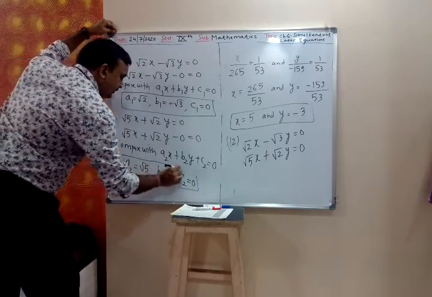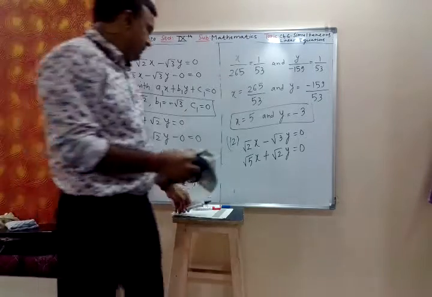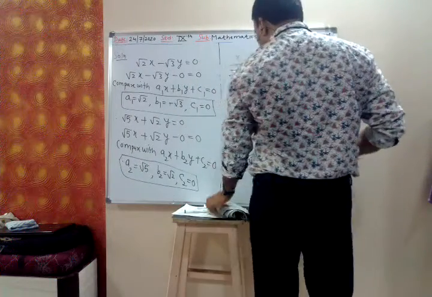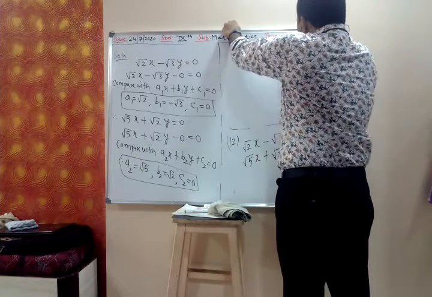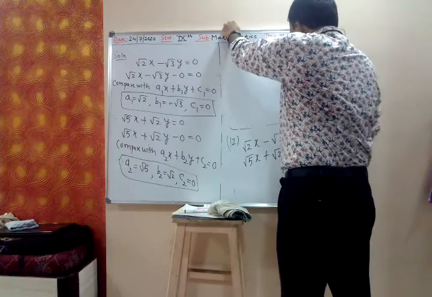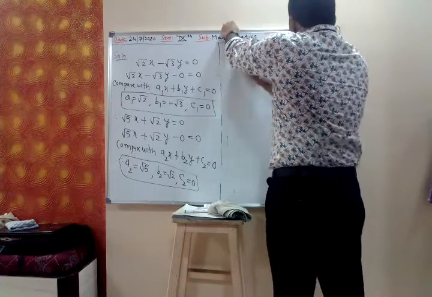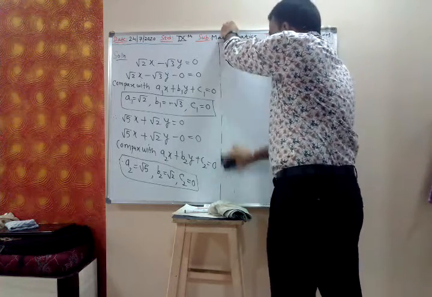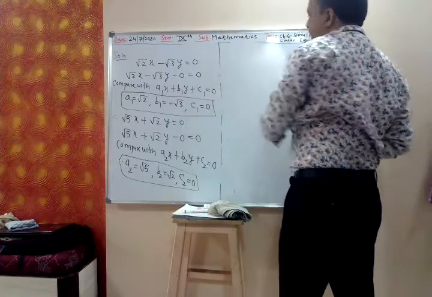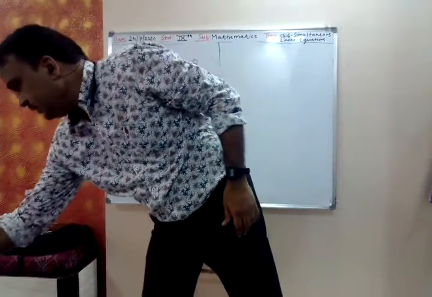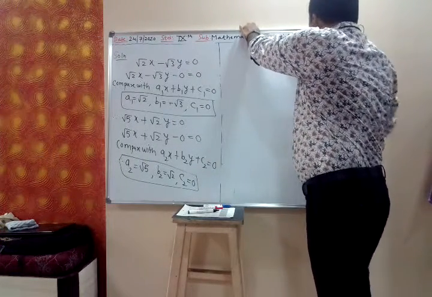So now we have got the values of a2, b2, c2, a1, b1, c1. Now we apply the cross multiplication method and get the values of x and y. In the cross multiplication method, you have to remember the order B, C, A, B. You have to start with B and end with B. B, C, A, B.